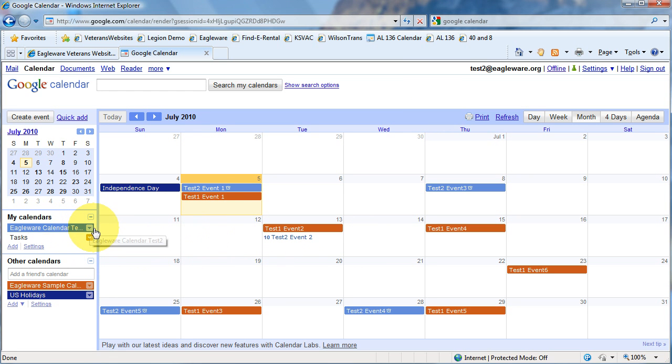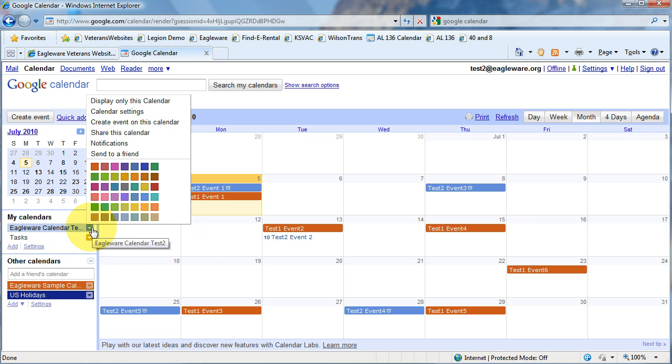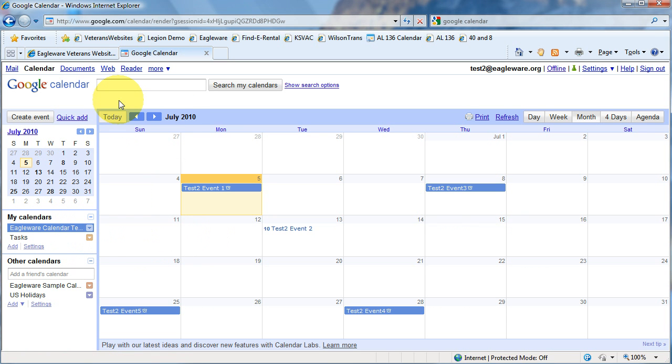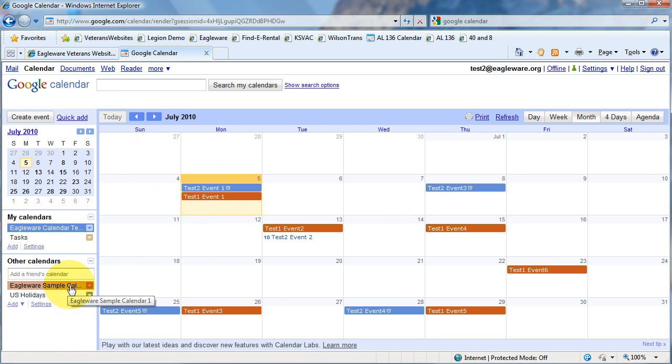If we only want to look at our calendar, say display only this calendar, and it'll only show our events. If we want to go ahead and look at the other calendars, if you click on them, it will add their events. When you go to make an event now,